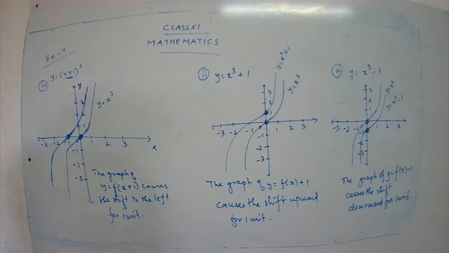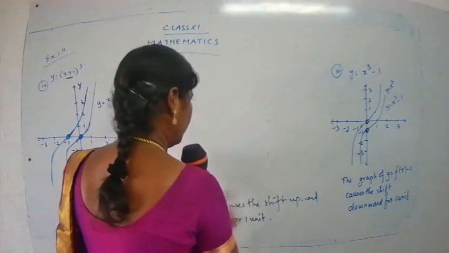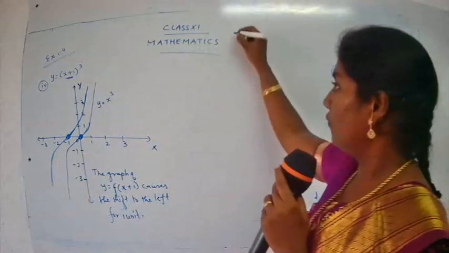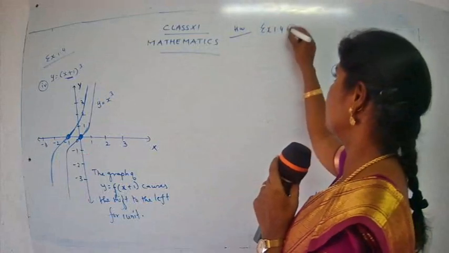Again here the 4 conditions are given. So they have given you a new graph over here. They have given you a graph for y is equal to x raised to 1 by 3. So you have to complete question number 2. You draw the same graph 4 times, and after that you have to make a new graph. So complete sum number 2. So now homework, exercise 1.4, sum number 2.